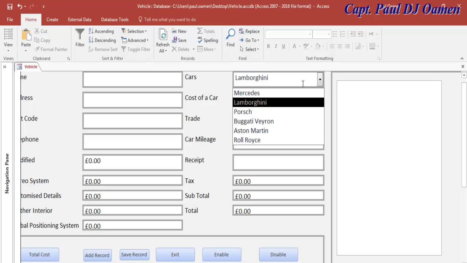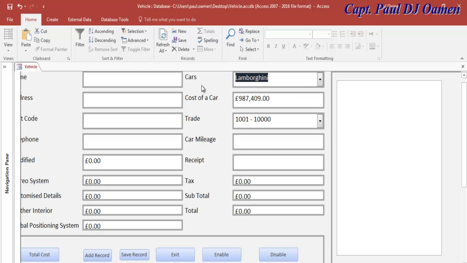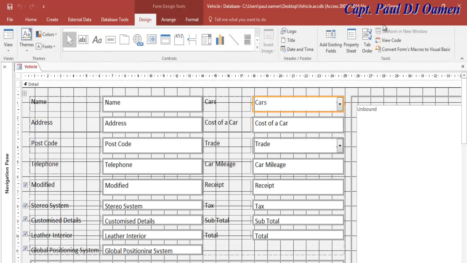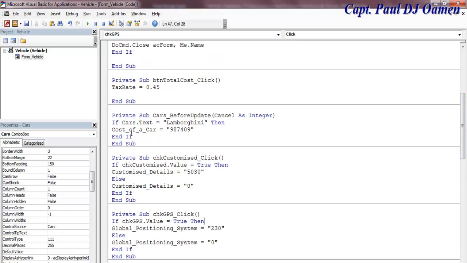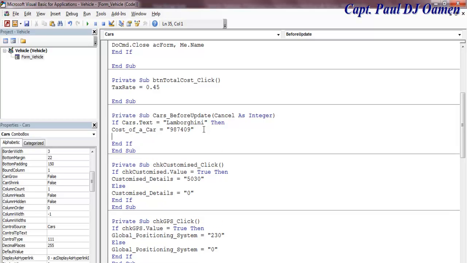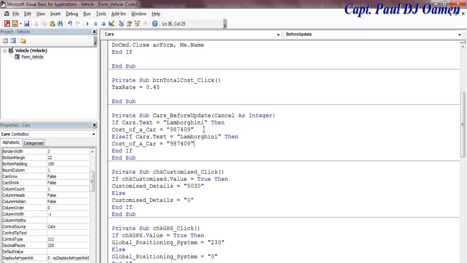Okay, but there's no default value. Okay, that's fine. Now the next one, we can always take care of that. Go back in there. If, all right. The next one, let's use else if. I'm gonna copy all of that. Else if,